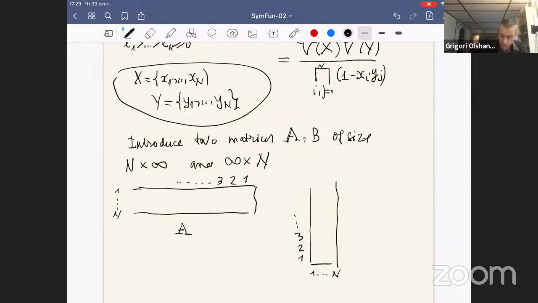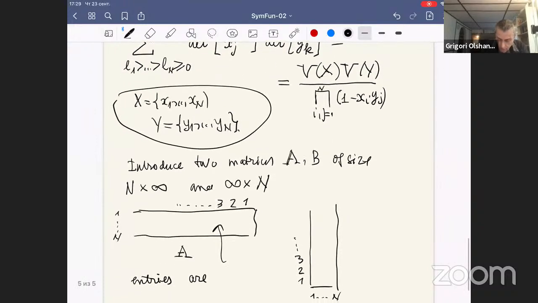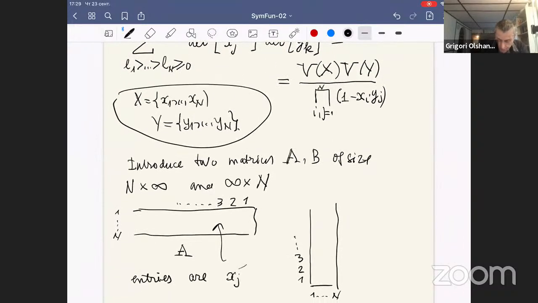And the entries here are X, J, L. I'm sorry, maybe we have to add 0. So the numbering starts with 0. And the entries here are,